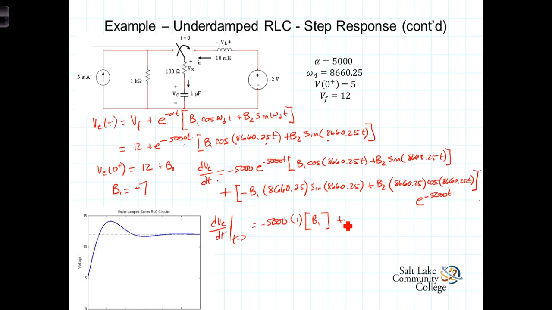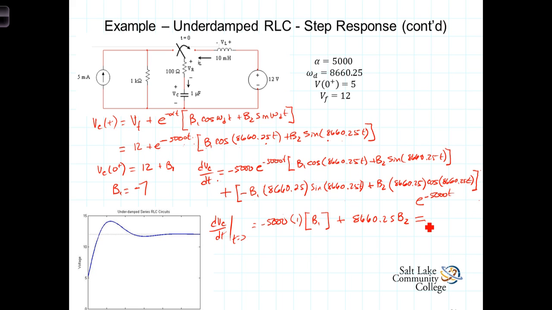Plus, now this term right here has the sine of 8660.25 t. I left the t off of there. When you evaluate this sine term at t equals 0, that goes to 0. Here we've got b2 times the cosine of 0. The cosine of 0 is 1 times e to the 0 is 1. So we're going to have plus 8660.25 times b2